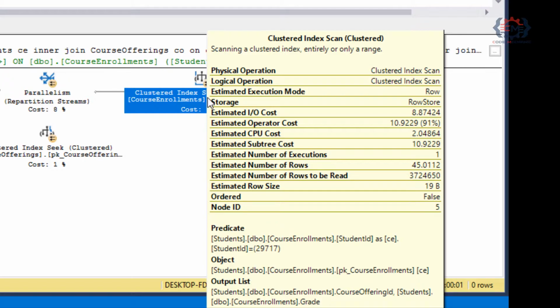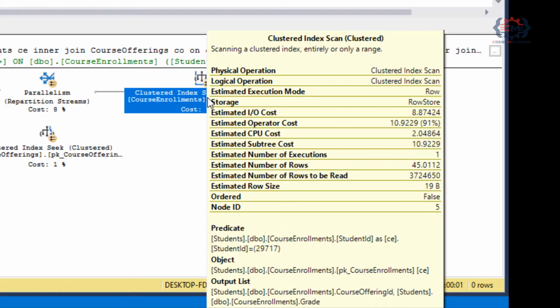We can also get an estimate of how many rows SQL Server expects to find in this operation, and that's given by an estimated number of rows value which is shown up here. The way that SQL Server calculates this is because SQL Server keeps some statistics on each table in the database, like how many rows there are in the table and what the rough distribution of data in that table is. SQL Server uses that information to form its execution plan, and that's also helpful to us here because it tells us that SQL Server is only expecting to find 45 rows, even though we know that it is reading a very large number of rows from this table.